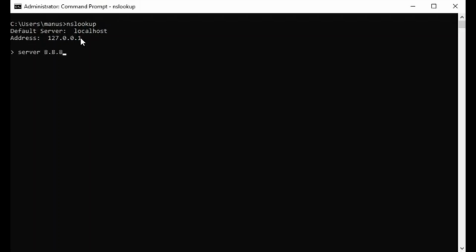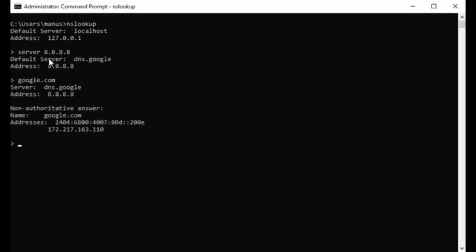So type in, this is Google's DNS server. So now I change the DNS server to 8.8.8.8. Now any query that I do from now on goes to 8.8.8.8. It didn't go to the previous DNS server, right?